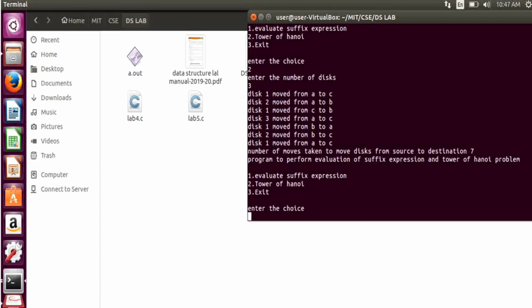It has given the result: disk 1 moved from A to C, disk 2 moved from A to B, disk 1 moved from C to B, disk 3 moved from A to C, disk 1 moved from B to A, disk 2 moved from B to C, disk 1 moved from A to C. So the number of moves taken from source to destination is 7. Now I'll enter choice 3, that is exit.